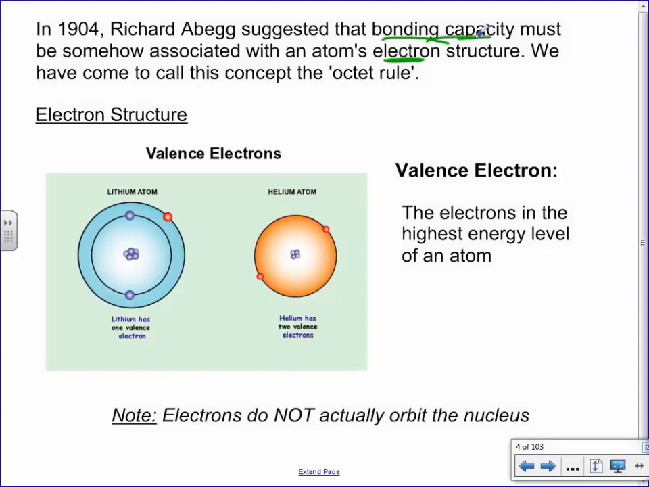Let me say that again. For him to come up with this theory is pretty incredible because Rutherford had not even discovered the nucleus at this point yet. But he realized that there's got to be something to do with the electrons as to why a bond occurs. And I just described this to you over the last little while. You're welcome. The idea that as you have excess or not quite enough electrons,